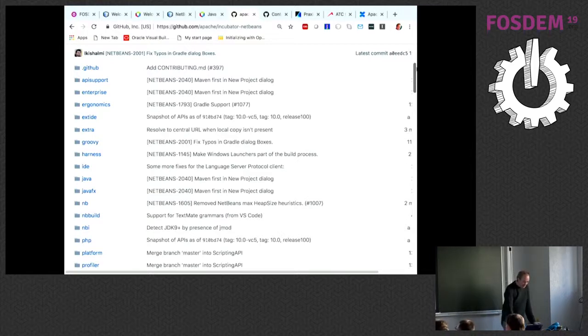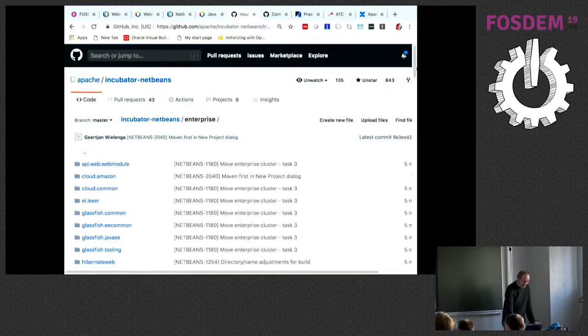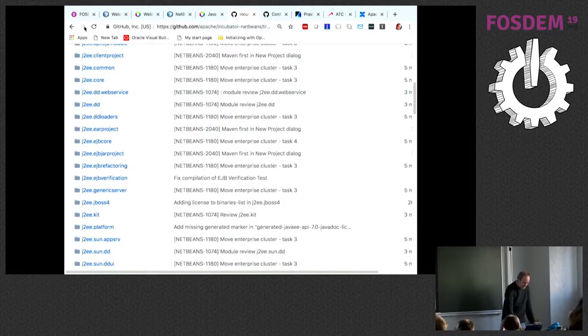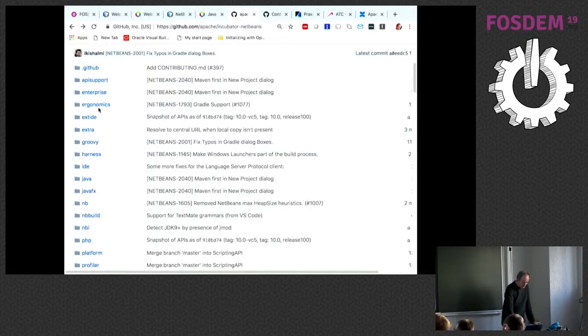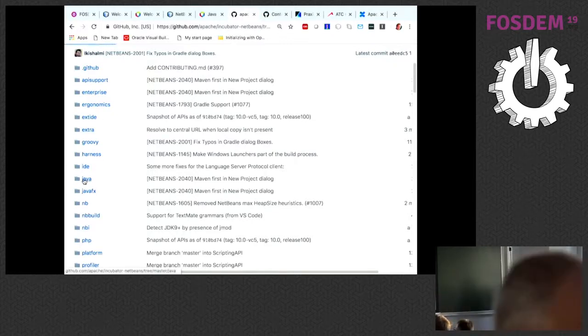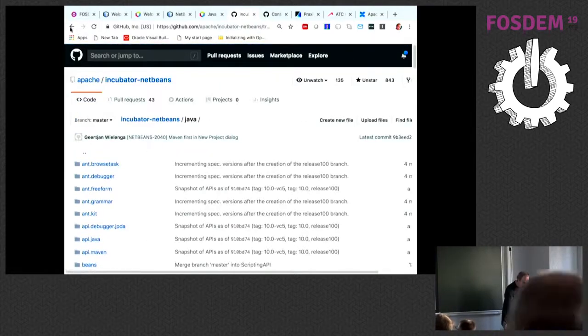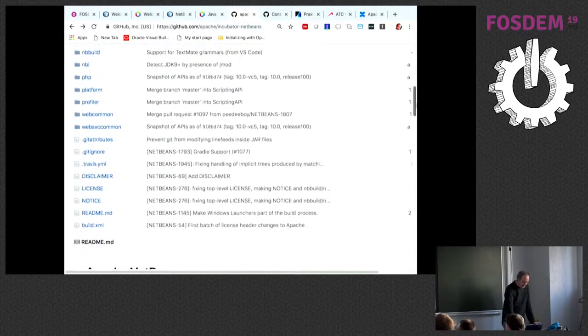and this reflects what you see in your installation directory. So there's this enterprise folder here. You click on here, and here are all the modules that provide the Jakarta EE, Java EE features. So these are all in GitHub right now. So here are all the Java modules within the Java cluster. So we've reorganized everything to make it more manageable. So the top-level folder is actually not that much.